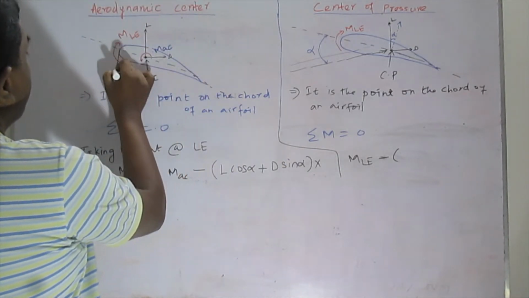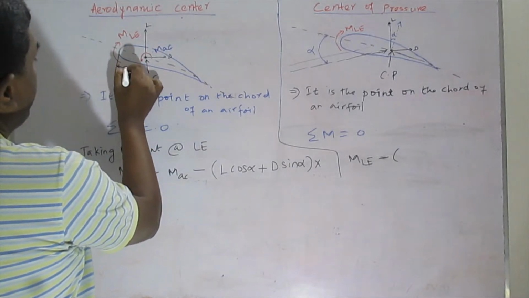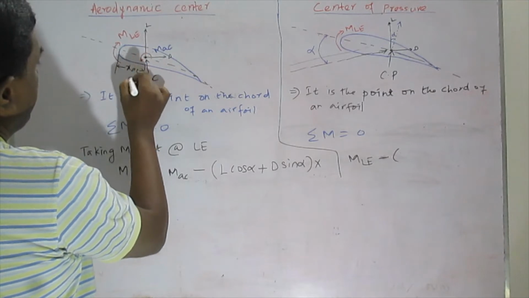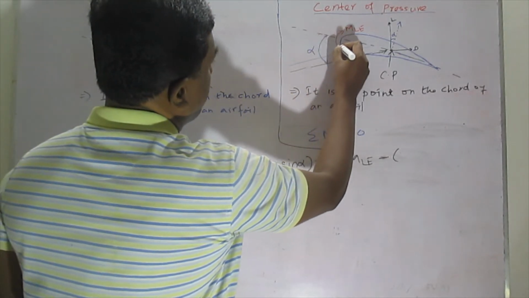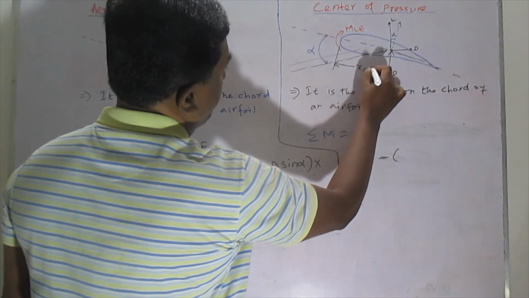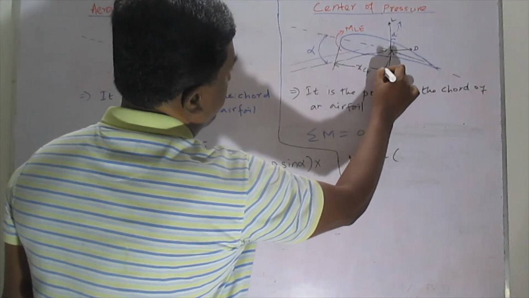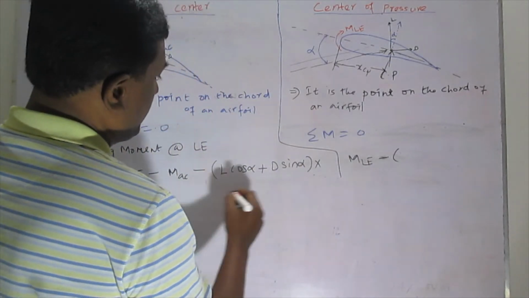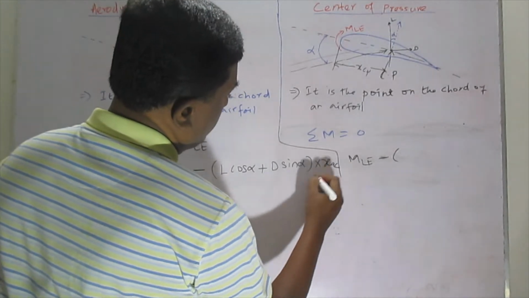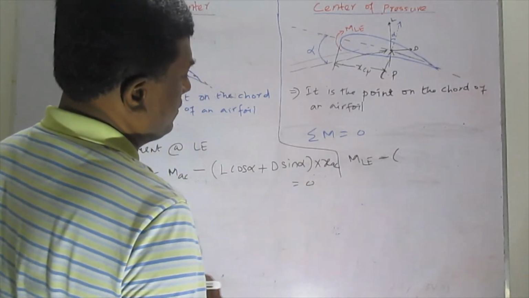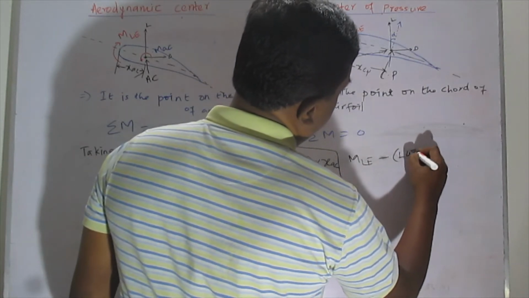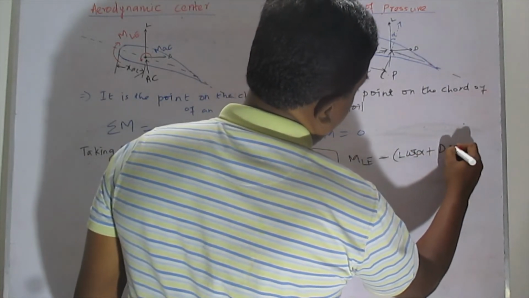So this distance is nothing but XAC, and here it is XCP. So here I have to write XAC equal to 0. Similarly here with respect to here, L cos alpha plus D sin alpha